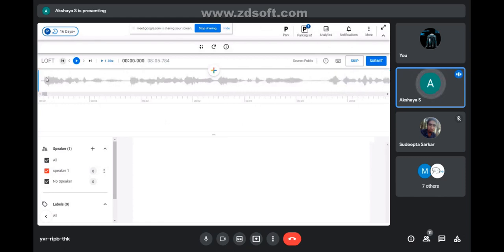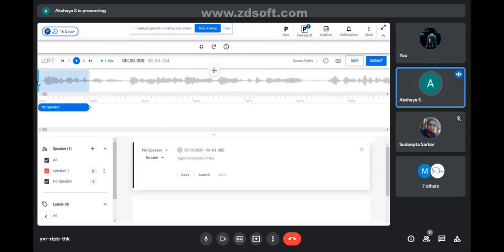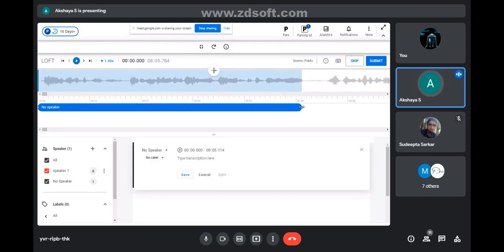Now, if you are creating a segmentation, just click on the plus icon. You can see the plus icon. If you click on it, it will create the segment. You can drag the segment to the exact point where the speaker starts or ends. Okay, you can adjust the starting and ending time of the segmentation. It's for non-speech. The noise has no speaker, right? That's why I'm creating a non-speech segmentation.